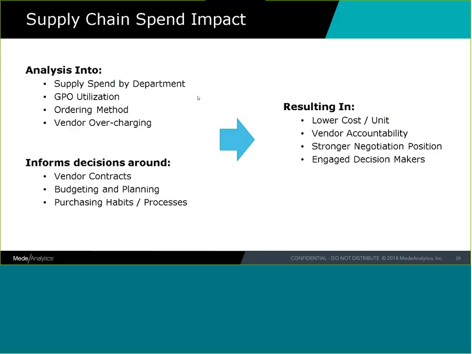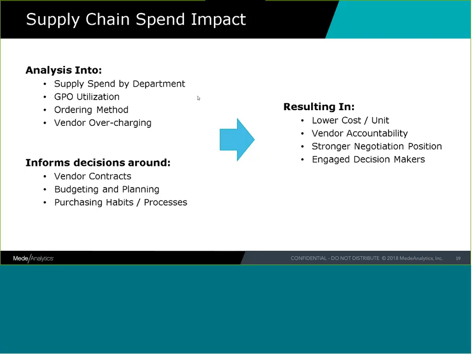Let's look at vendor overcharging, where they're charging us a different price than we expected based on our price list or our GPO price. And then let's share this information. Let's make sure that the head of cardiology can see, hey, this is what my nursing units are costing from a supply point of view. This is what the cath lab is spending on supplies. Here's a particular supply that I've been buying a lot of that suddenly the price has tripled. That visibility across the board can have